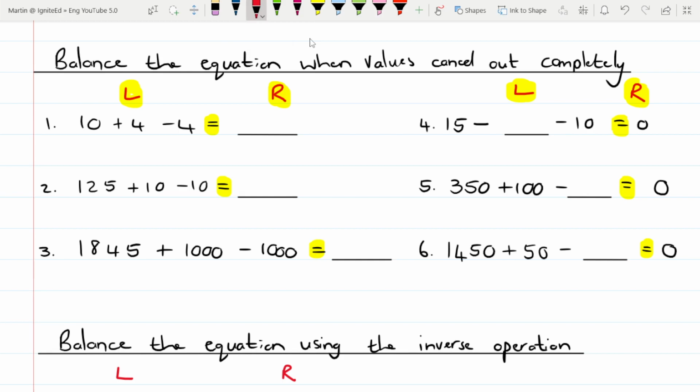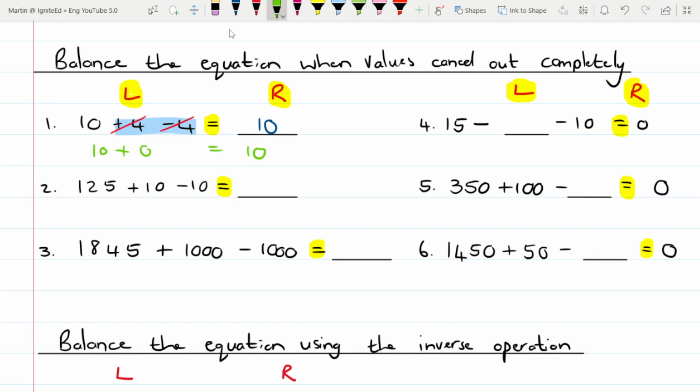Okay. Right, so I'm going to assume that you paused the video and you copied these down on your paper. So the instruction here would be to find the missing value. So we can see here at number 1, we've got 10, we add 4, and we subtract 4. So 10 plus 4 is 14, minus 4, back to 10. Okay? So that is 10. So the first thing we need to realize is that the fact that we've got plus 4 minus 4 basically means it might as well cancel out, right? Plus 4, and we subtract 4 again is like saying 10 plus 0, which is obviously 10